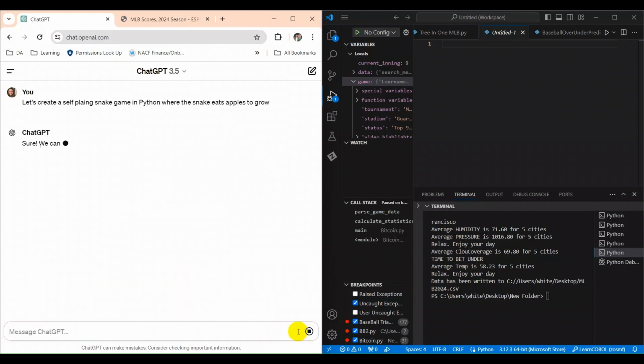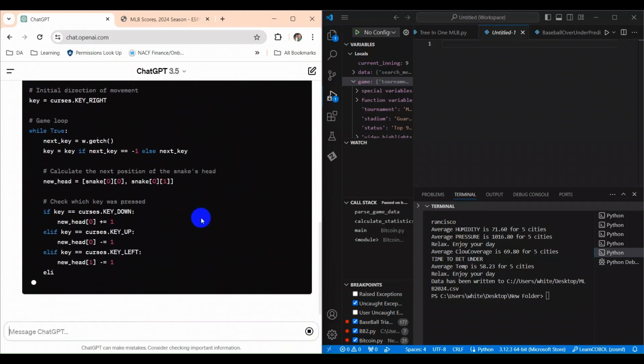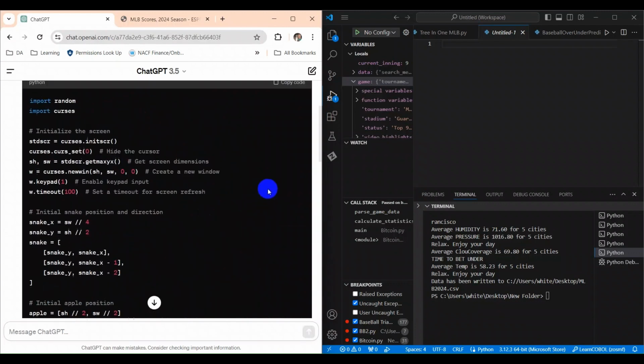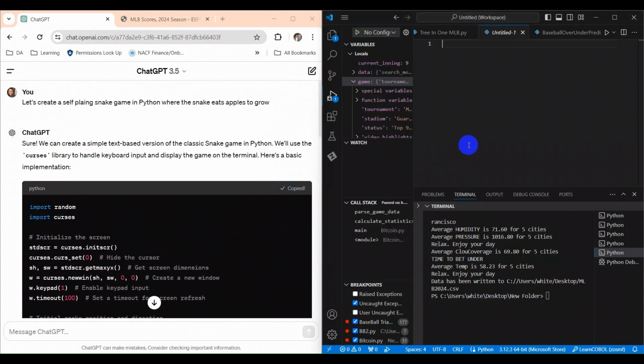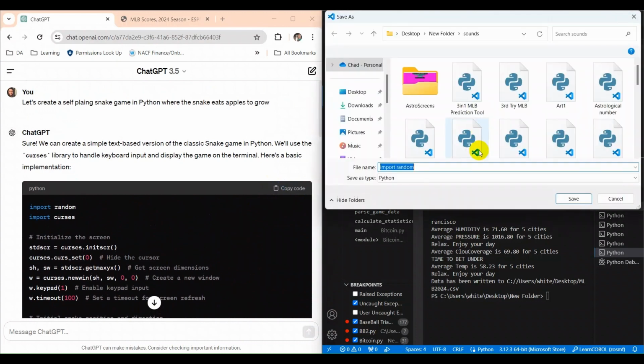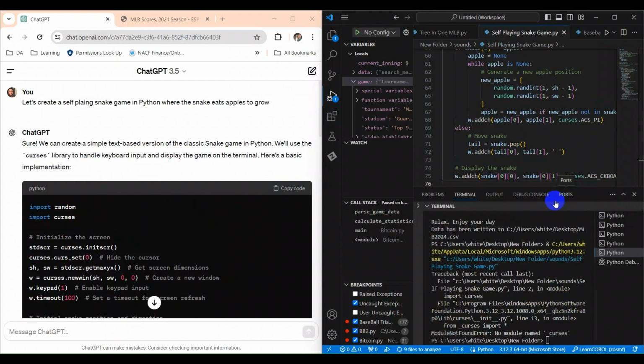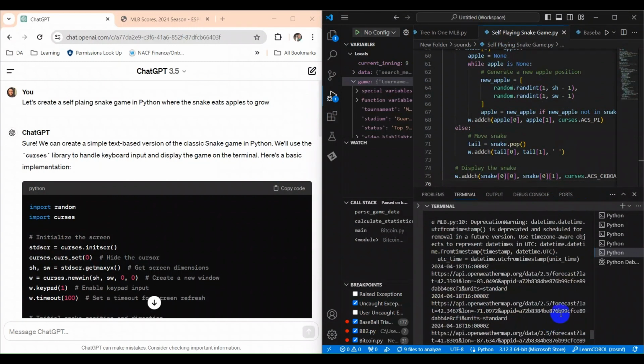So we gave it a little bit of an idea about what we wanted. Let's see what kind of code we get with the prompt that we put in. I'm gonna save this. I'll just save this as self-playing snake game. And let's see what happens. It ran, but it had some errors. So we will have to